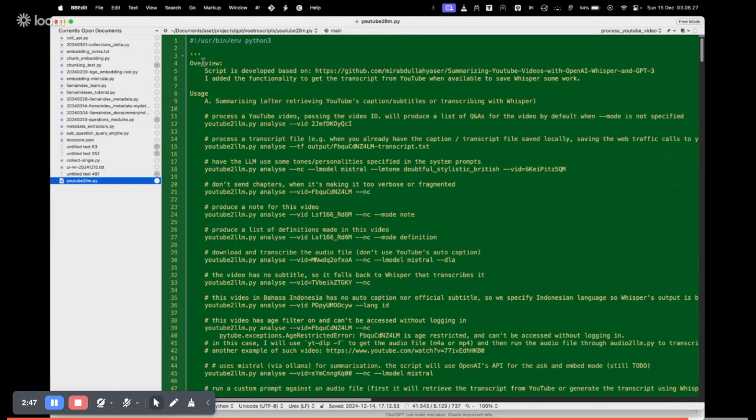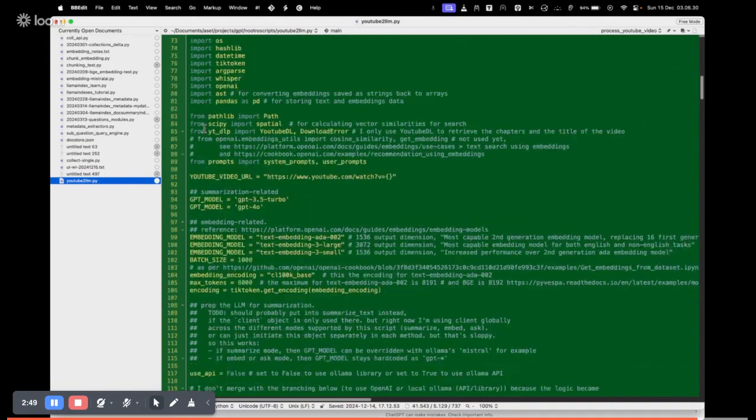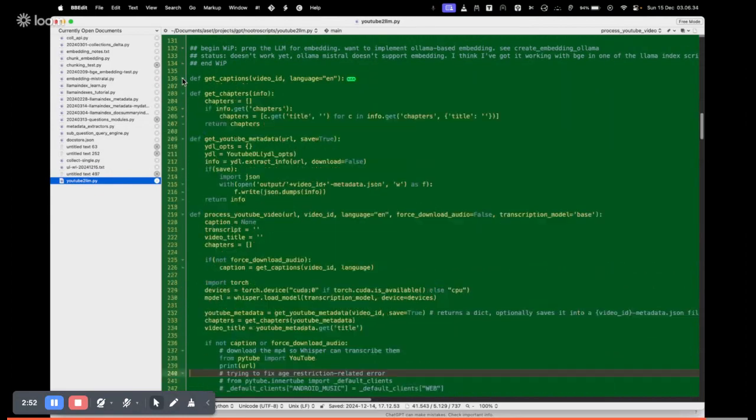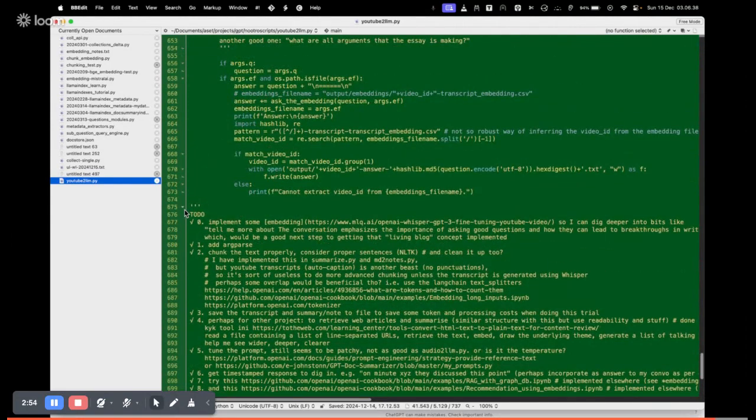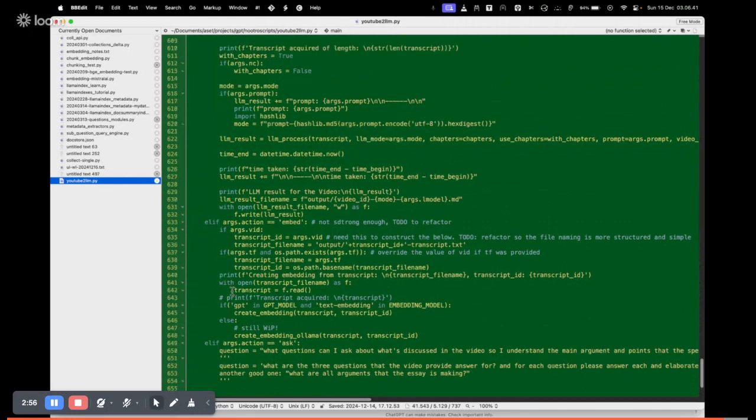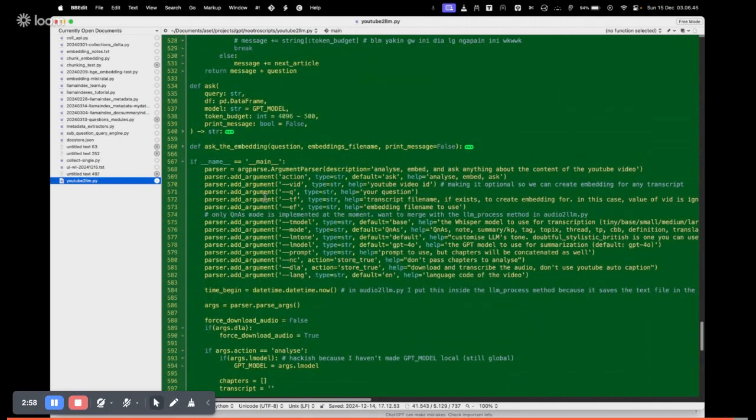Okay, so this is the script. You can check it out on the repo, but it's open source. It's essentially, so I'm chunking. Let's go straight to this. This is a working note. This is essentially not elegant, not pretty, but it works. And you can refer to this if you want to understand